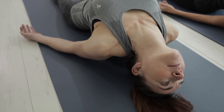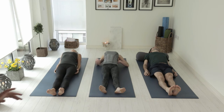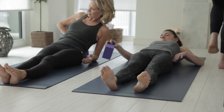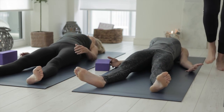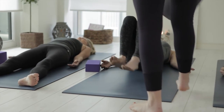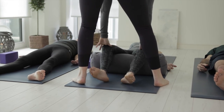And then now really slowly just releasing out of that pose, taking the block away, taking the bolster away, and then making your way down into your final relaxation. So setting yourself up for relaxation is really important. It's really nice to have a bolster underneath your knees. Sometimes, does anybody want a bolster underneath their knees? So bringing your bolster underneath your knees just allows the sacrum to sink down a little bit,